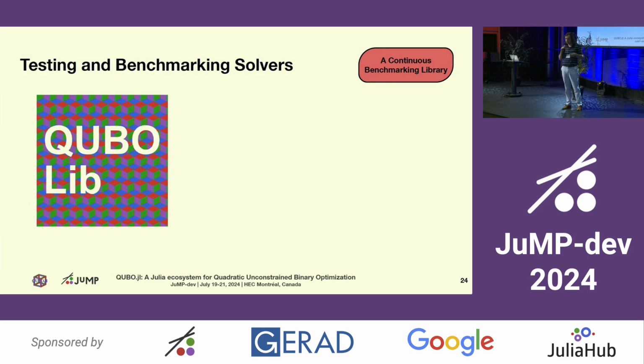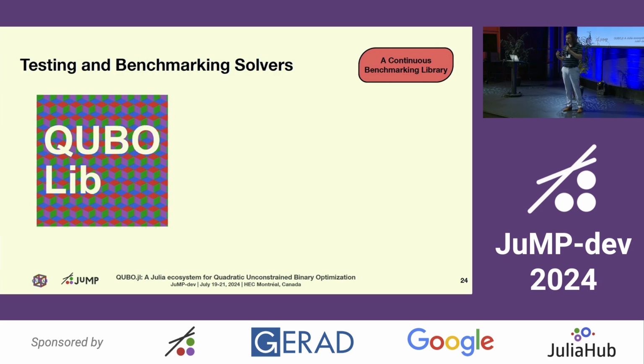After we had a way to access the solver, some natural thing that came after it was to have some way to benchmark them, assuming that they are all connected to JuMP. So a big problem in this community when you talk about physics-inspired and these novel heuristics for solving this kind of problems is that each hardware manufacturer or algorithm developer will select some problems that run better on their hardware, and they put out a paper.